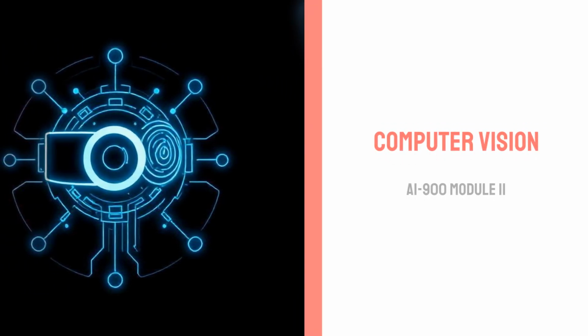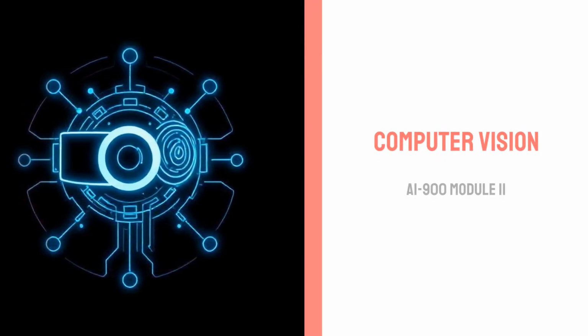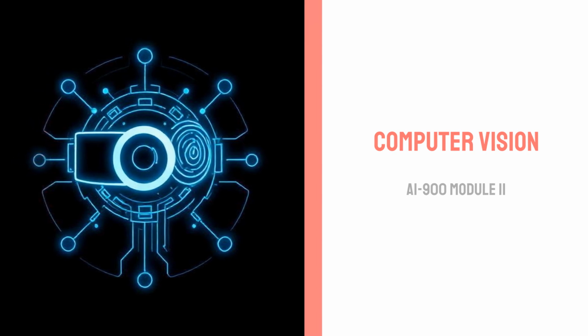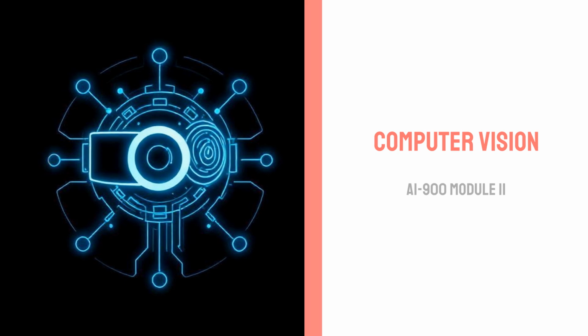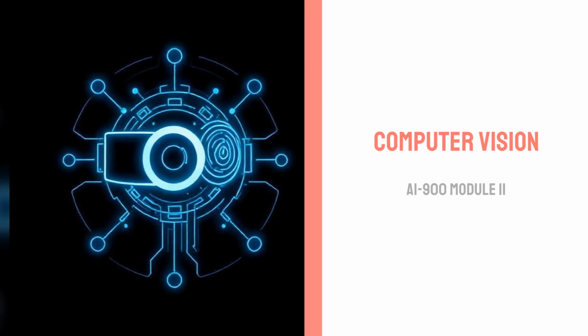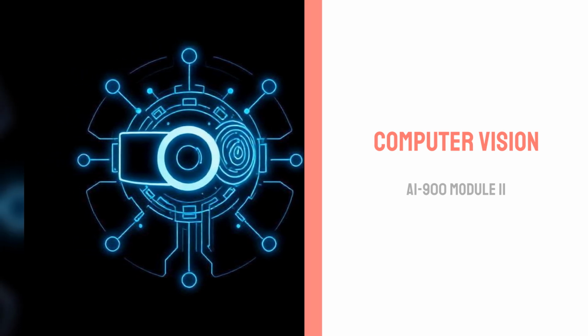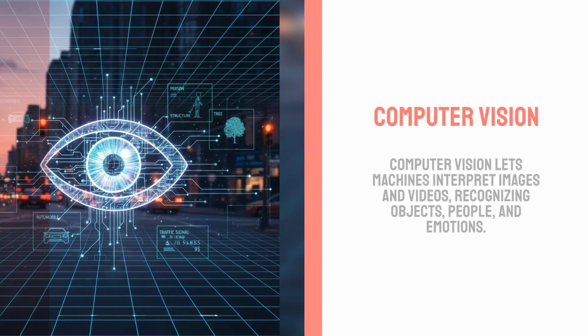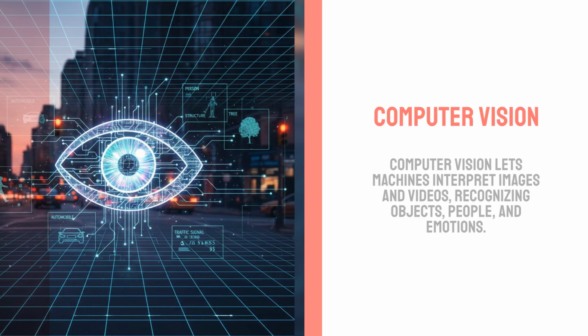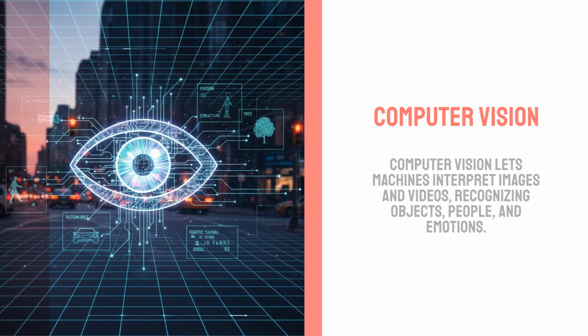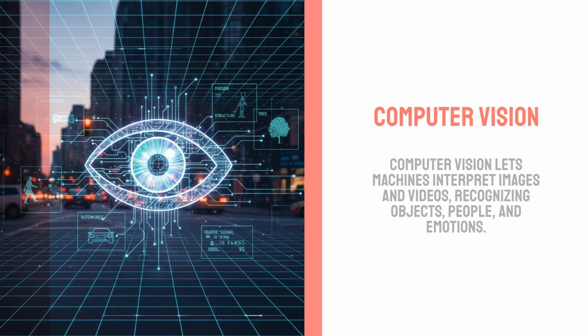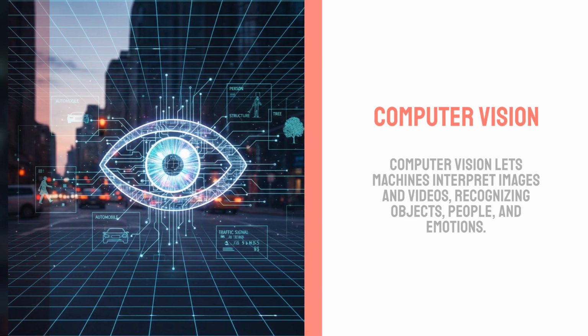Computer vision is a field of AI that gives machines the ability to see and interpret the world through images and videos. Instead of just seeing pixels, a computer can recognize objects, people, and emotions, enabling it to understand and act on visual information. We'll explore the foundational concepts behind modern computer vision, which can be categorized into four main